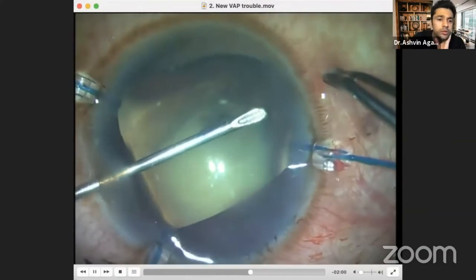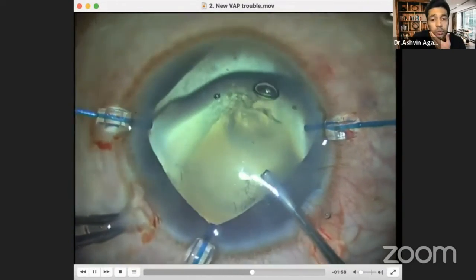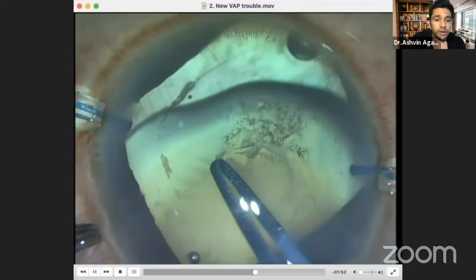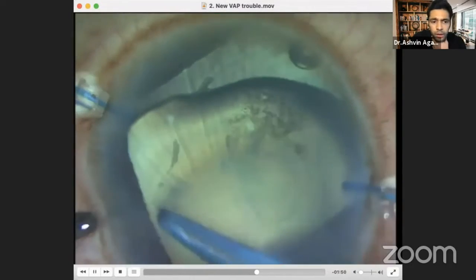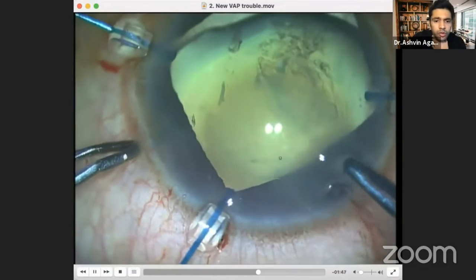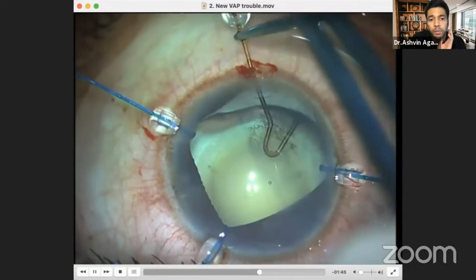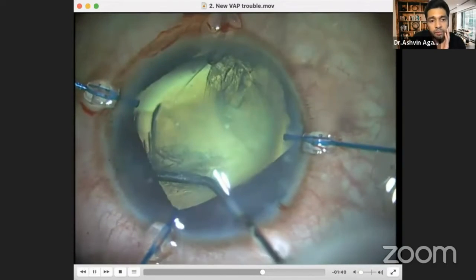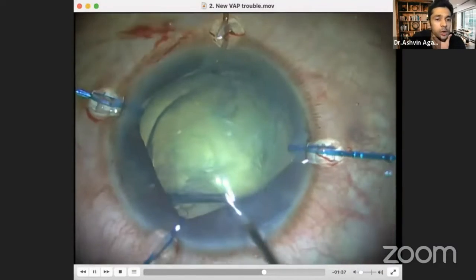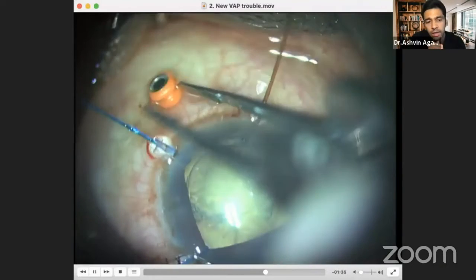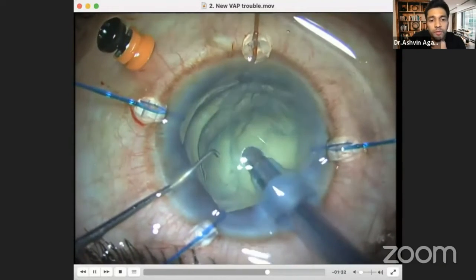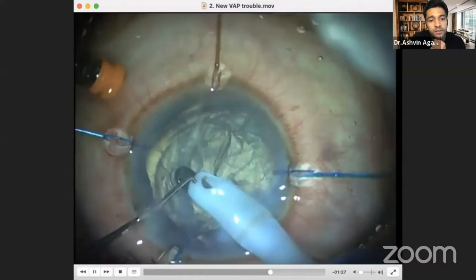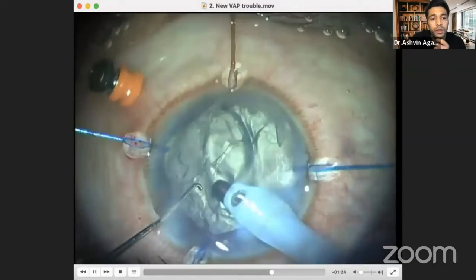I did not make a large enough rexus. So whenever you do that, please take it with a pinch of salt that you need to expand that rexus. And so I am enlarging that rexus out larger. Now I'm placing a capsular hook. Now this capsular hook does two things. One is it stabilizes the bag, and it also prevents my nucleus now from going into that space. That space, the coloboma space, it will prevent me from going into that direction, prevent this nucleus from moving in that direction. And that's something that I really learned and took home from that previous case.